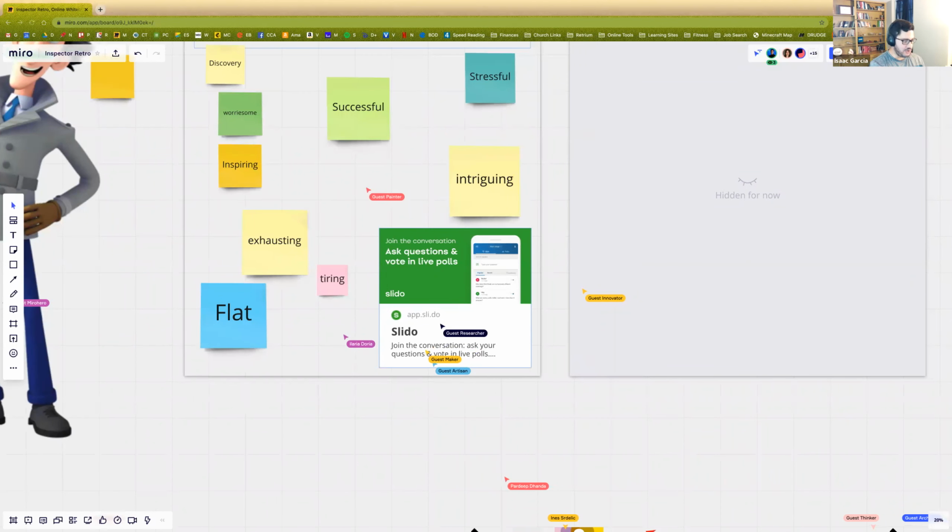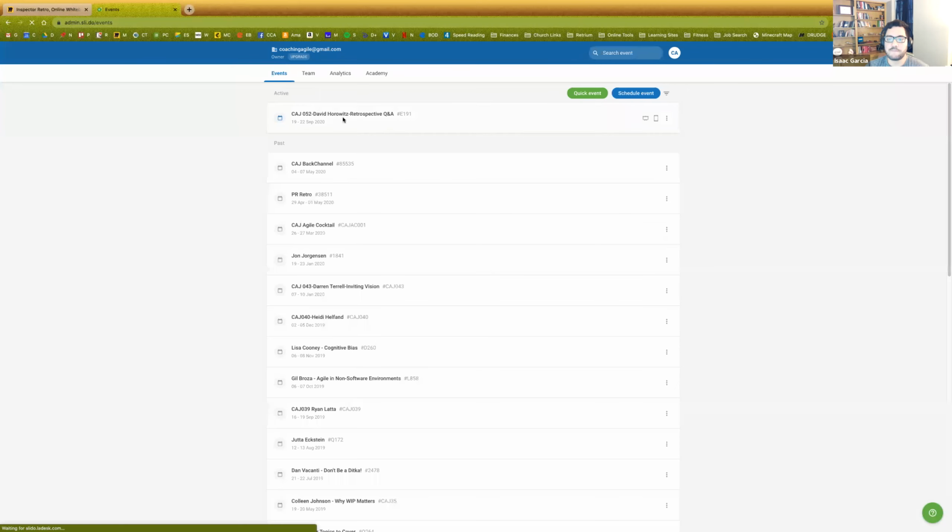I set up a Slido that'll show you an example of this. And so what do you do? You set this up as a question, as a poll. People jump in and they put in their one word, and then a word cloud forms. And let's talk scale. If you have a scaled group, let's say we had 500 people on this call, Slido would work great with 500 people on this call. Let me bring my tab over. I've got it pulled up now. Thanks, Miro, for not working.